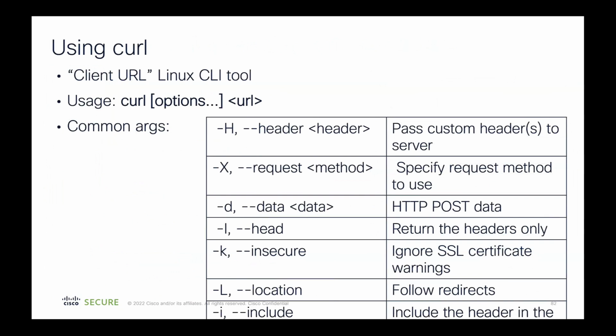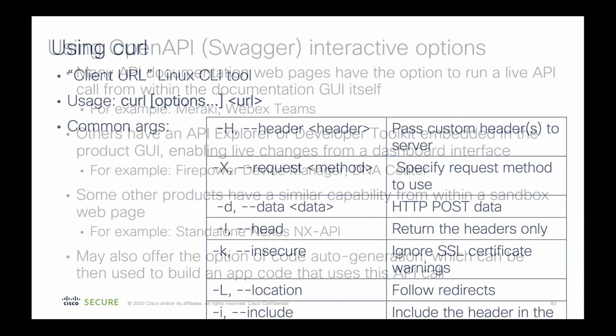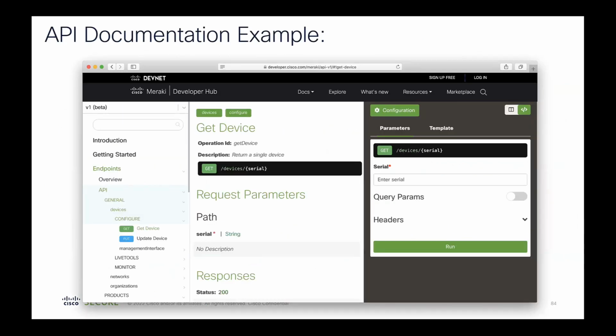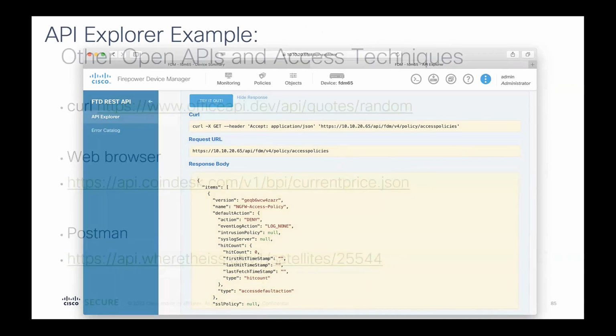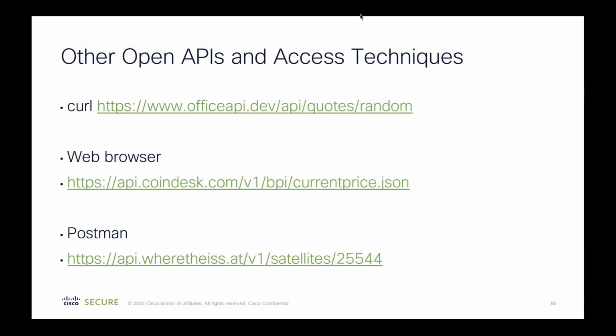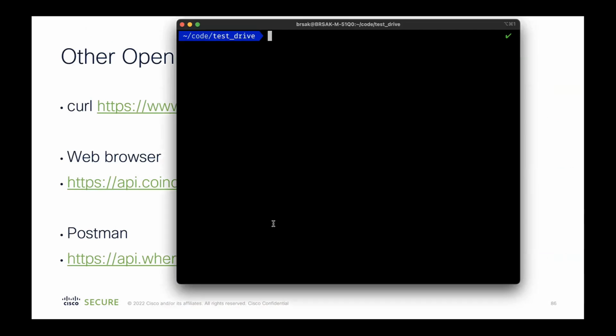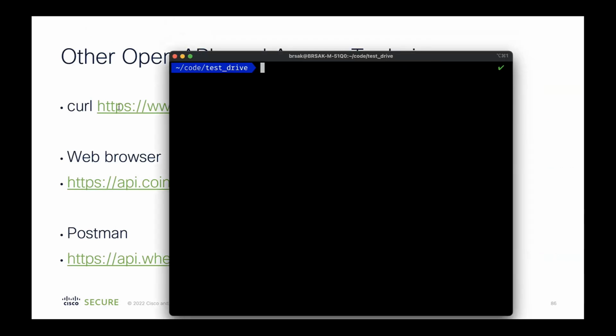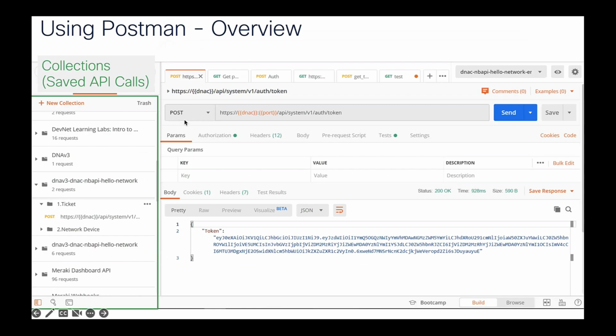All right. So this shows some of the examples of using curl, the command line tool. Again, there are the various flags that you would specify if you're making a command line call. I've covered all this, and I'll show you some specific examples here. This is an open API interface, right? So let me share content. All right, so here's just a couple of examples of using the various methods. So one of them,